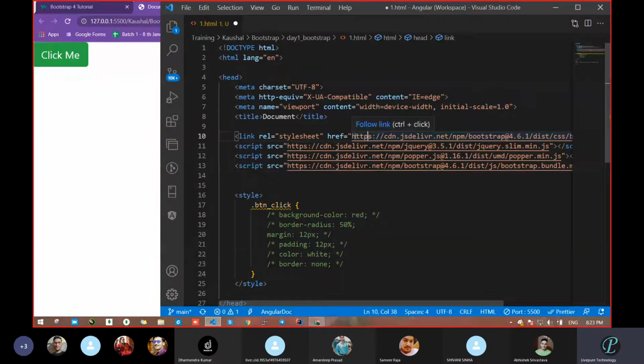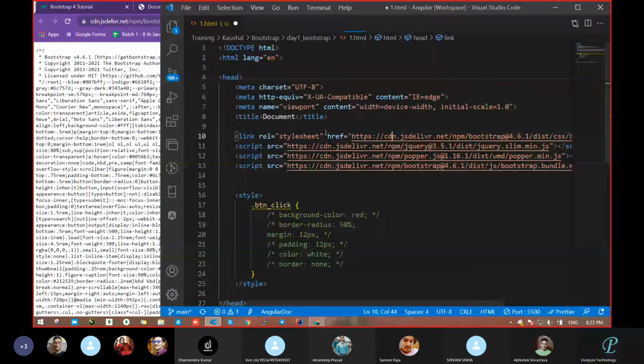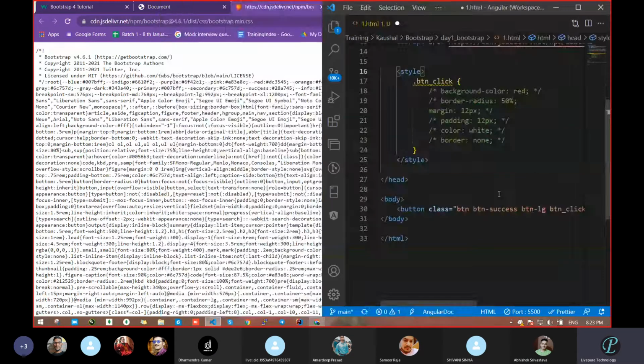Okay. Do one thing. Press Control. See, you are getting some hint on the top: follow link. What are they giving? Control plus click. Are you getting this one? When you put the cursor anywhere, you will get that. If you're not getting it, simply press the Control button. Wherever you get that link type, press Control and suddenly you will get a fingertip cursor. Fingertip means clickable. Okay, do one thing, just click this and see, it will open that file in your Chrome browser. It gets opened. Now what I will do, I will search this file for btn.